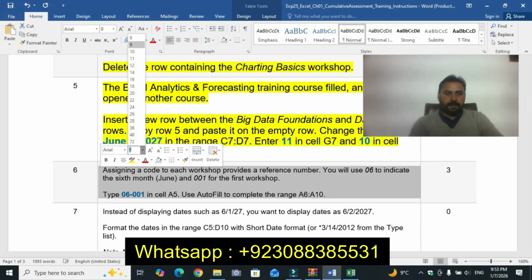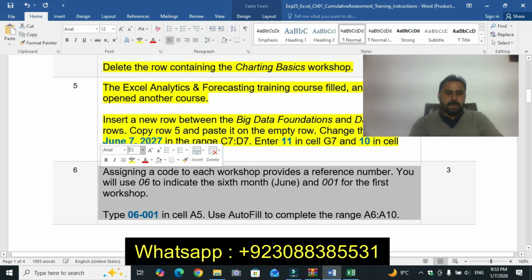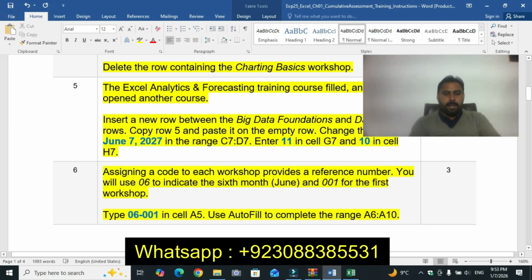Assigning a code to each workshop provides a reference number.